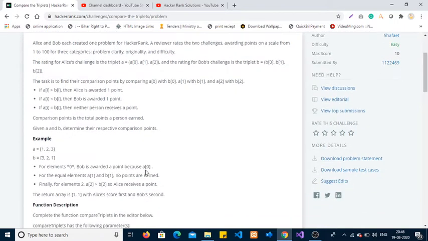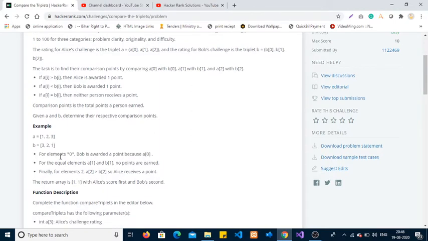Okay, take this simple example. A has three values 1 2 3, and B also has three values 3 2 1. So let me compare the first values of A and B. Here B is greater, so B will be awarded 1 point.